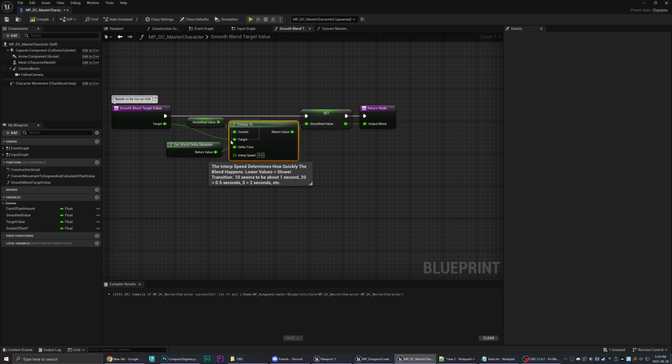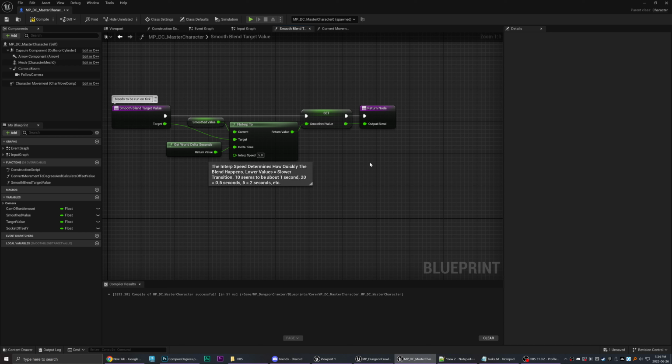And then whatever that new value is between the original value and the target value, then you're going to set this to be the new smooth value. And that is how you get it to update. So when I'm holding D, the value will be 1.